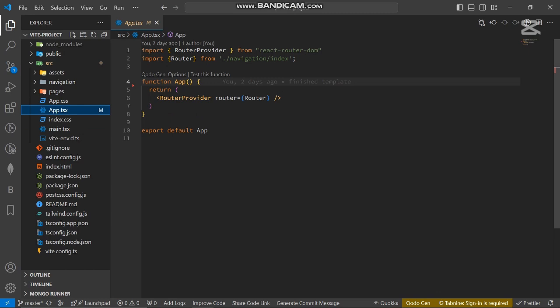And you can see that inside this app.tsx file, we are importing the RouterProvider from react-router-dom. And after that, you can see that I am importing this router object from /navigation/index. And we are going to look at that file shortly, okay? Now inside this app.tsx file, we create a functional component named App, and then we just return our RouterProvider,